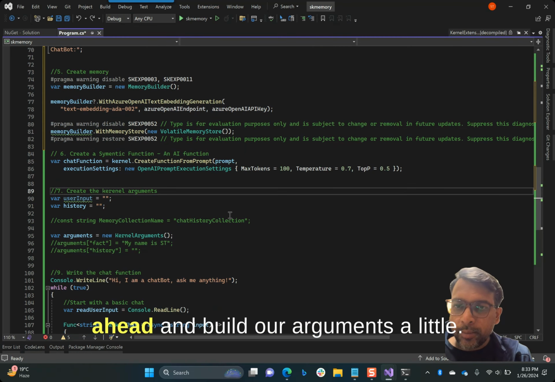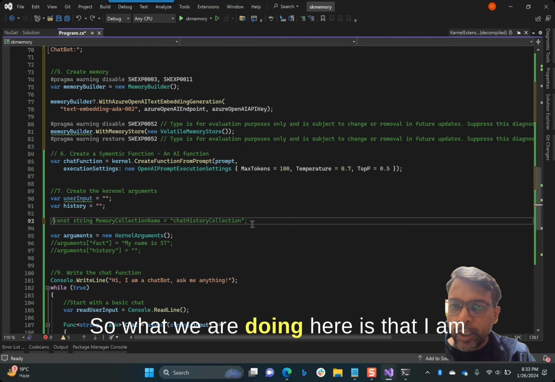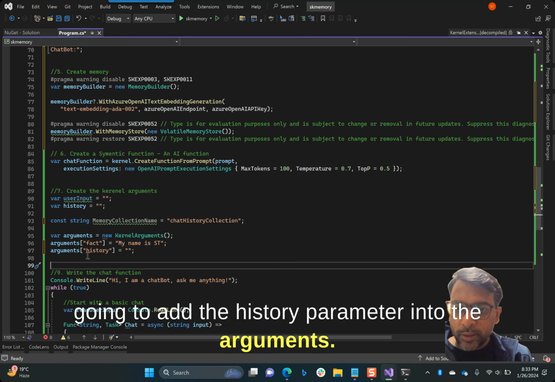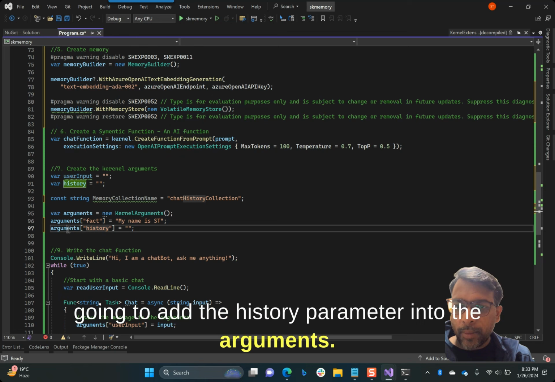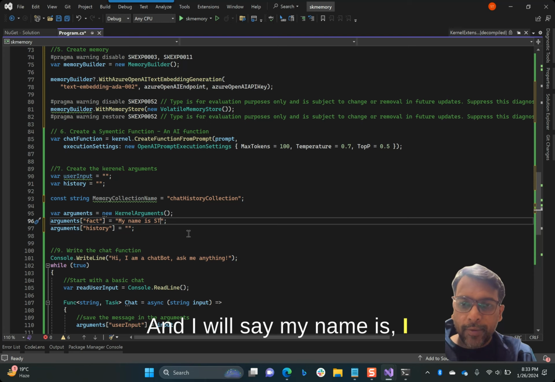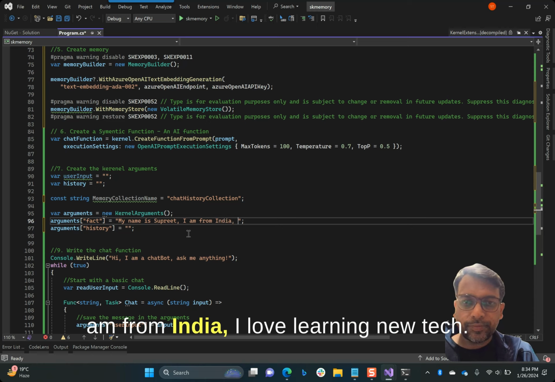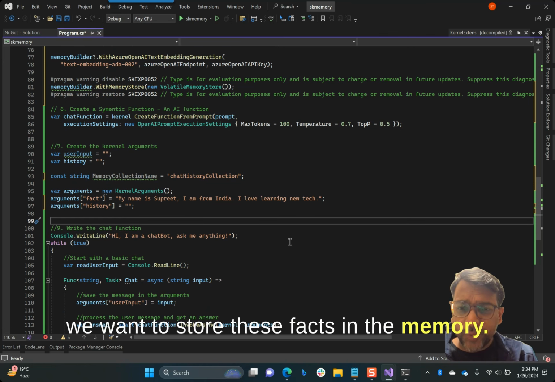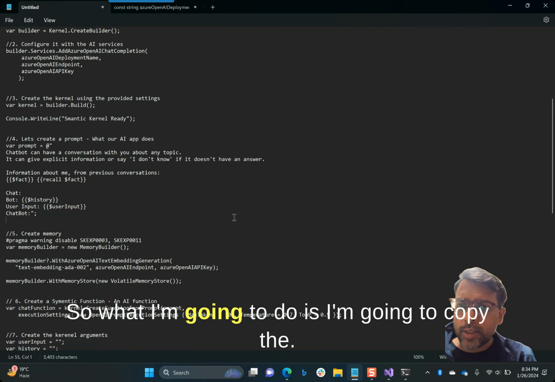let's go ahead and build our arguments a little. So what we are doing here is that I am introducing a new memory collection over here, and I am going to add the history parameter into the arguments, and there is a new argument that I have introduced, as you will see, called fact, and I will say my name is Preet. I am from India. I love learning new tech. So I am giving it some facts, and then we want to store these facts in the memory. So what I'm going to do is I'm going to copy